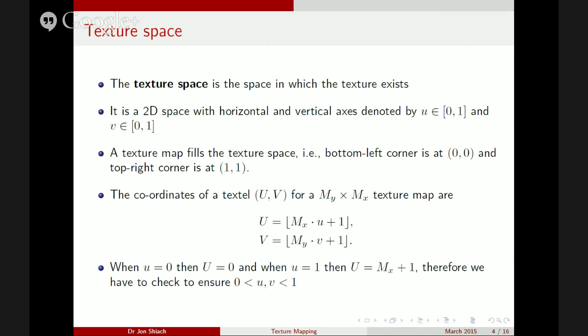The coordinates of a textile, I've used big U and big V to denote coordinates. So it's quite important to realize that little u and little v are in the range 0 to 1. Big U and big V have got to be textile coordinates. So like pixels, textiles are whole discrete entities. So our textile coordinates have to be in the range 1 to the number of textiles in our image. So if it's along the horizontal direction, we go from 1 to mx. So mx is the number of textiles in the horizontal direction, my is the number of textiles in the